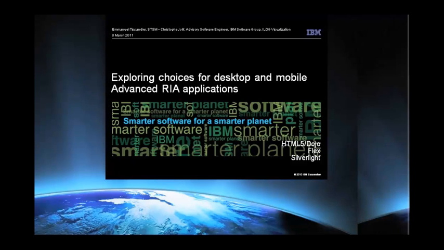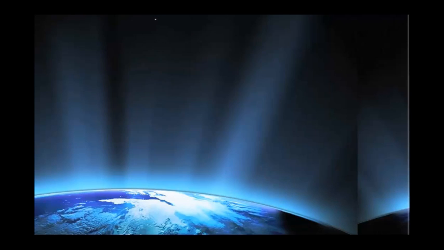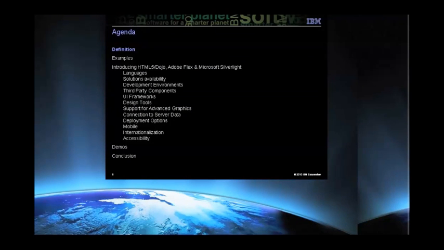And as it was just said, we will present you today a session about the choices that you have when developing RIA applications for the web and for the mobile. So the agenda is the following. First, we will have an introduction where we will define what we call advanced RIA applications, so that we are all on the same line and that we share the same understanding of the concepts we will talk about during